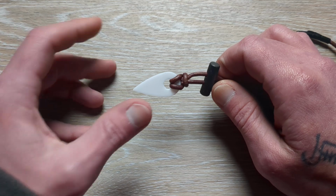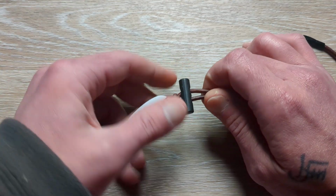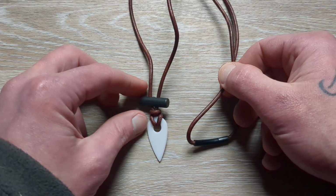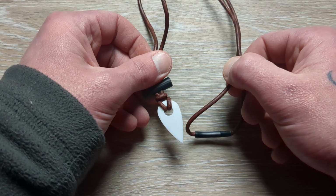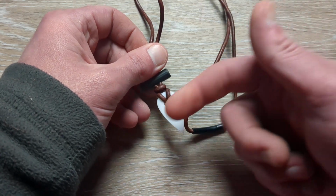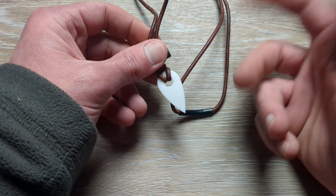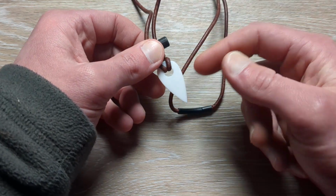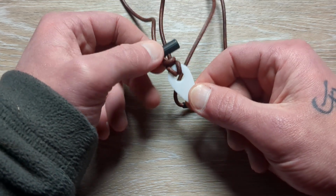But the main reason I wanted to have this, I wanted to check something out from WAZOO. One of the main reasons, and I could have done this a lot cheaper, I could have just got the ceramic pendant or a ceramic pendant and done it that way. But I wanted this because not only do you have the striker and the little ferro rod,